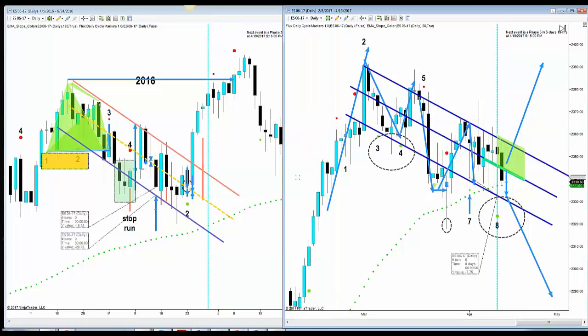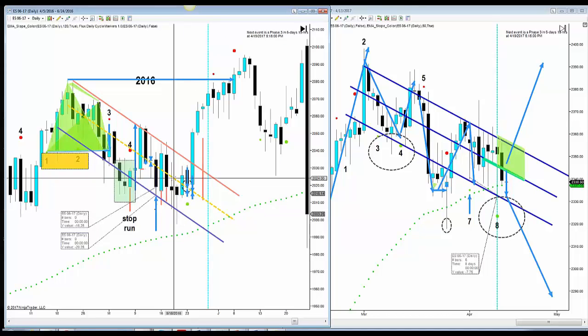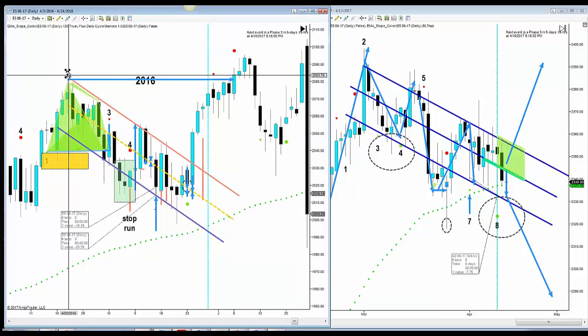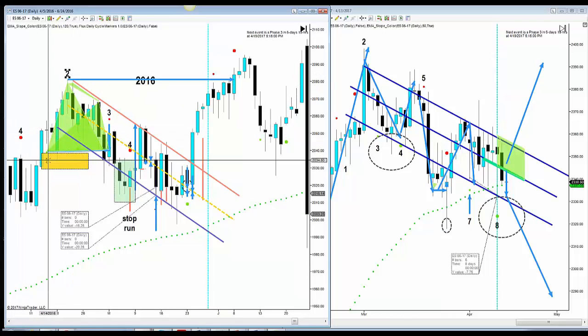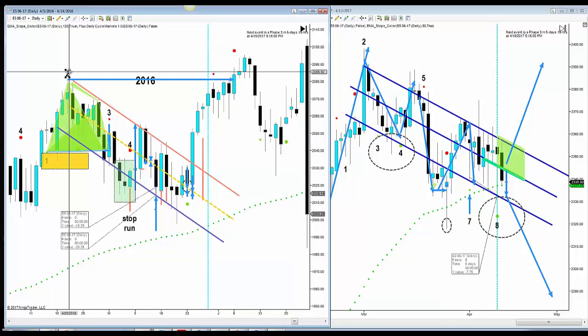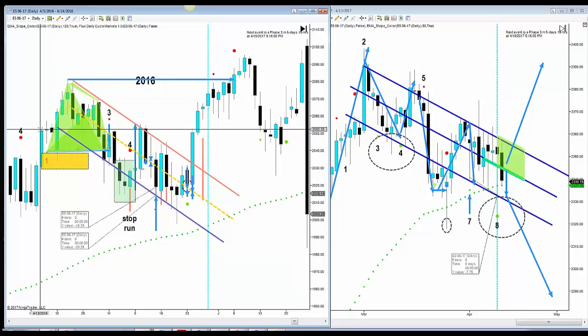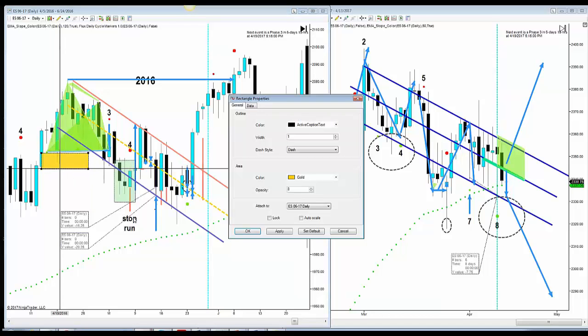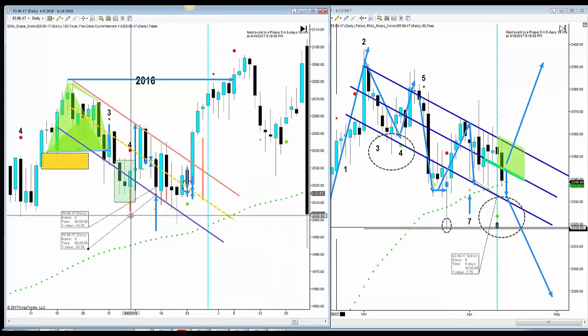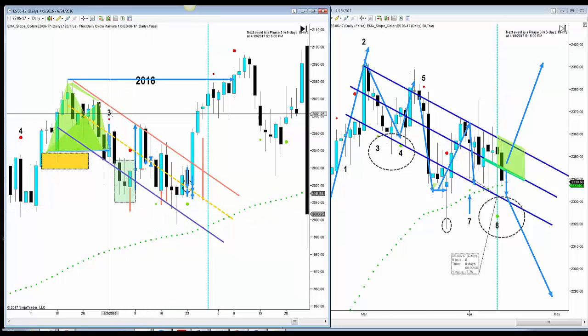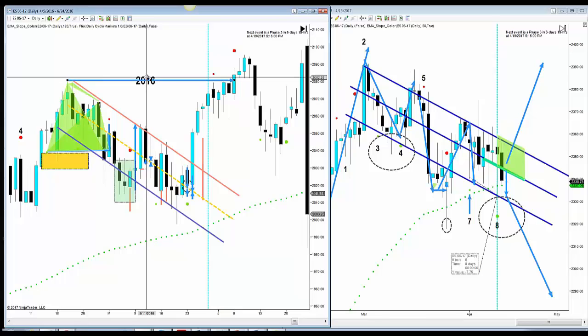Without getting too crazy into this, I've put some numbers here to help you see where the similarities are. Meaning after the phase 4, there's a run up to a high. Then there's a pullback down into a low. Let me get rid of all these numbers and walk you through the basic sequence, because once you see it, you'll see why I've been pushing this idea of the spring pattern for so long. Again, this is May of 2016,